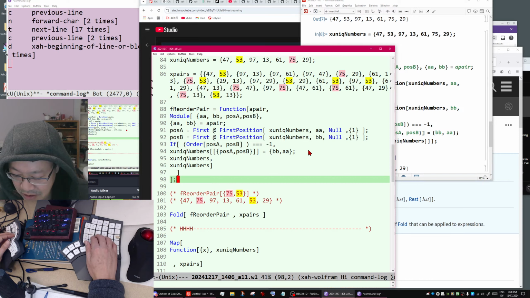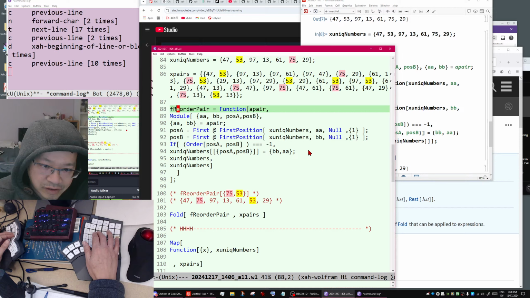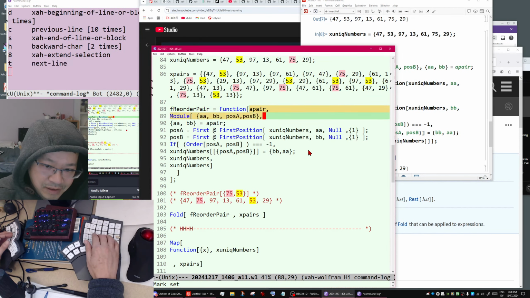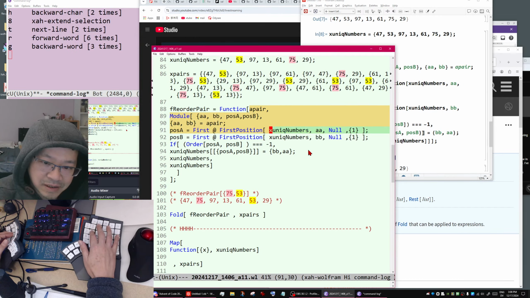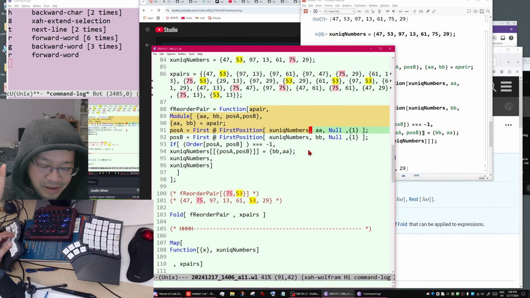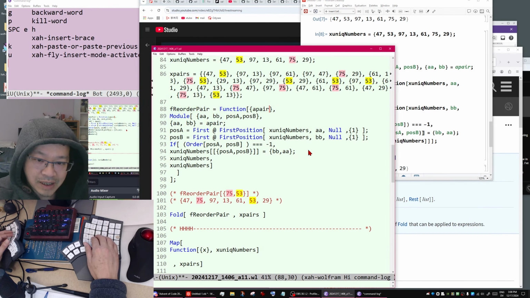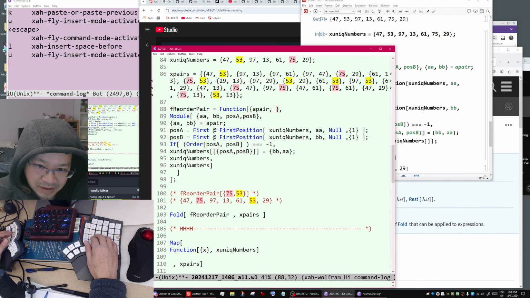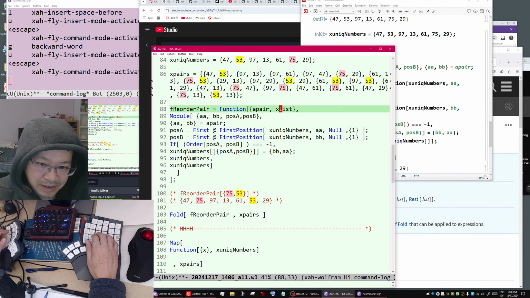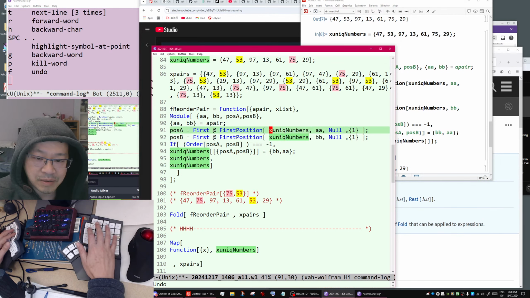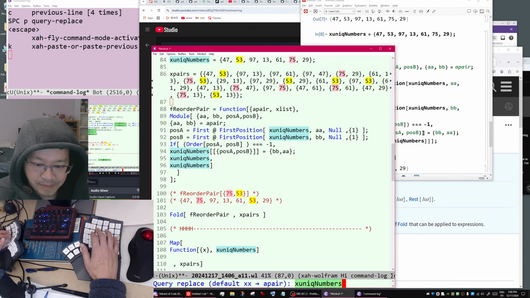It's rather a design flaw for this function to take only one pair as argument, because it actually depends on this list of unique numbers. A proper design is that it should take a pair and a list. So let's say XList, and rename these unique numbers to XList